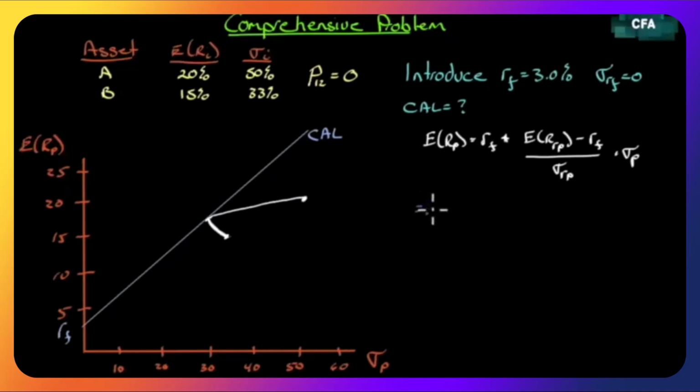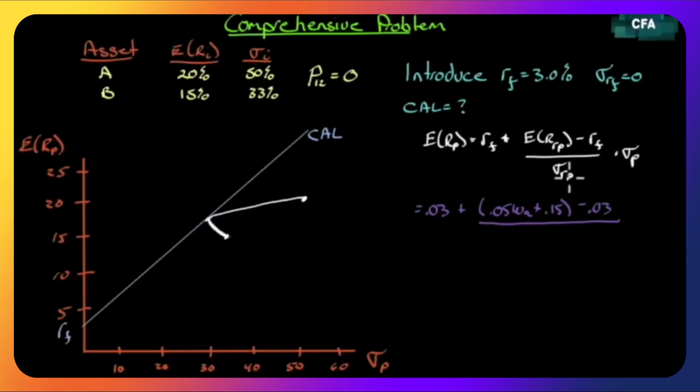What is the risk-free rate? 0.03. Plus, what is the expected return on the risky portfolio? Well, we don't know what it is. We don't know what the return is, because without knowing the slope of this line, we don't know how to calculate that. We don't know what that point is. We don't know what the weightings are. But remember, on the last screen I said, let's write out a formula or a solution for the return on the risky portfolio that is independent of the weights. And we did it in terms of WA. So we know that the return on the portfolio, if you go back to the last screen, was 0.05 WA plus 0.15, minus, of course, the risk-free rate.